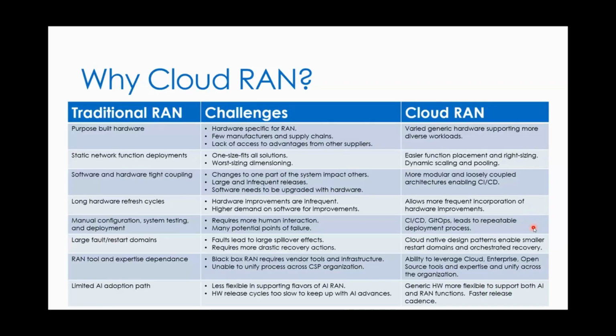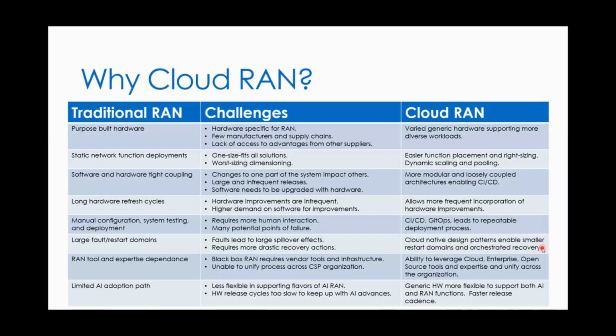And then from a configuration and system testing point of view, again CI/CD, we'll review that a bit. GitOps is a way to manage lifecycle aspects. It's a way to automate the deployment process, and by automating it, you're removing some of the manual aspects that can lead to mistakes. The more manual that deployment is, the more chance that each time you run through those steps, you're going to make some kind of mistake.